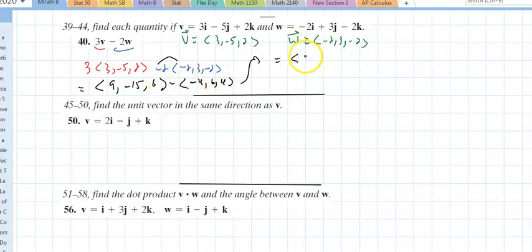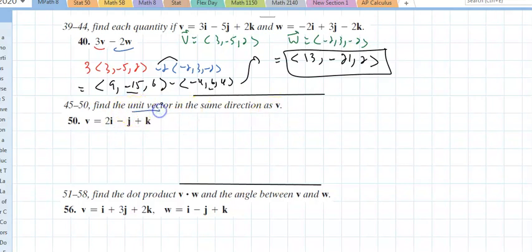So it's going to be 9 plus 4, 13, negative 15 minus 6, negative 21. You guys get it, right? And 6 minus 4 is a 2. And there it is. Just like we did with 2D, we do with 3D, we multiply. Also,